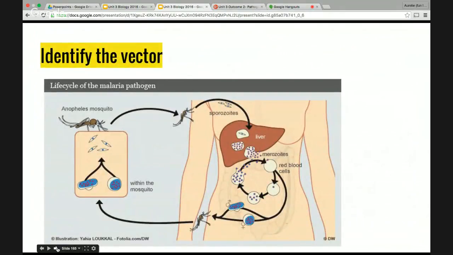Okay, here is a little diagram. What you need to do is try to identify the vector. This is showing the life cycle of a malaria pathogen. What you've got here is a mosquito which bites a person, and inside the mosquito there's the malaria. So the mosquito, when it bites a person,